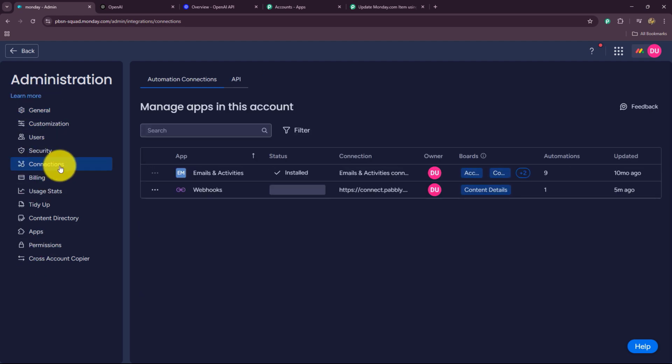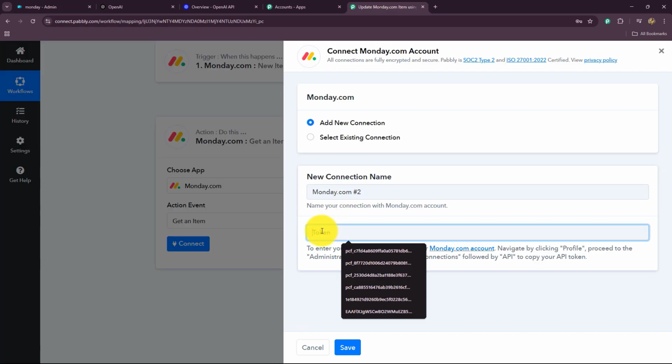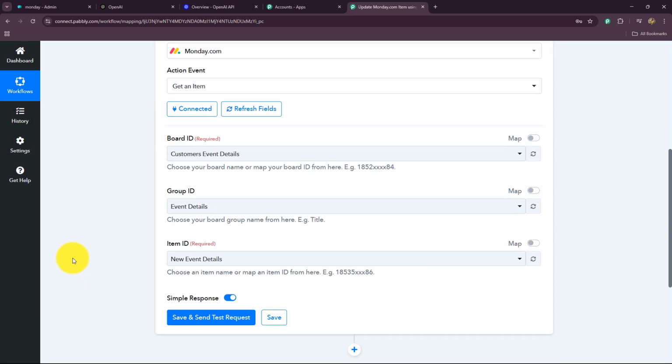After coming on connections, here we have to go towards API. And here this is my personal API token. So I'm going to quickly copy it. In the similar manner, you have to copy and you have to paste it over here like this. We'll click on save, and the connection between monday.com and Pabbly Connect is now built. As the connection is built, let's move forward. Here we have to select the board ID,